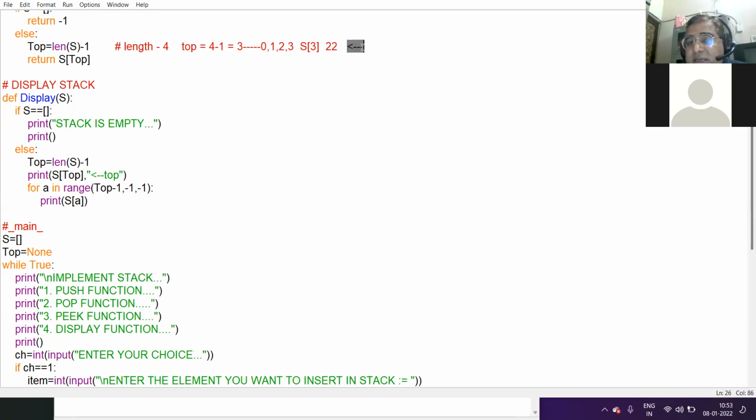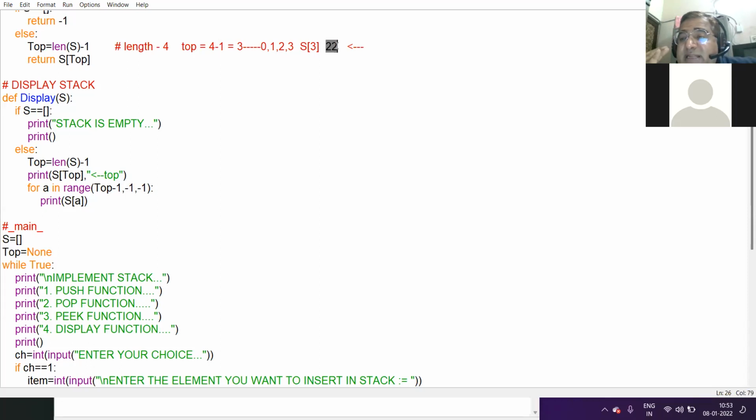This arrow symbol signifies that this value is lying at the top and top variable is pointing to this value. Arrow हमेशा उस वैल्यू को पॉइंट करेगा जो टॉप पर है, because as per the technique of the stack, the insertion and deletion takes place only at one end, that is top, right?